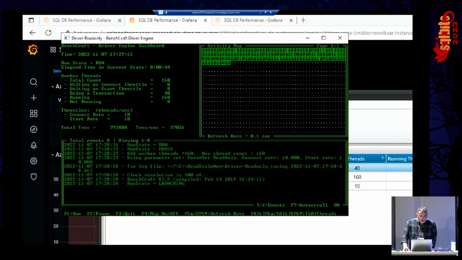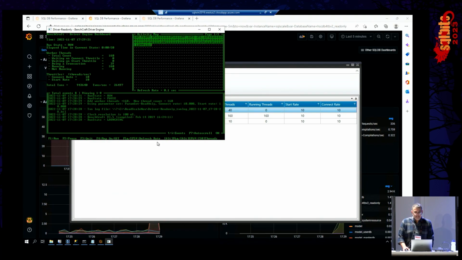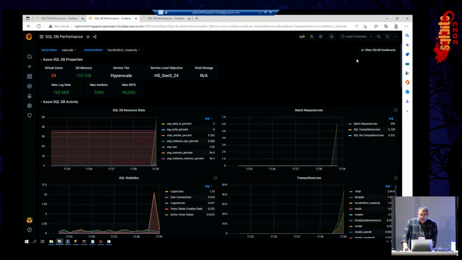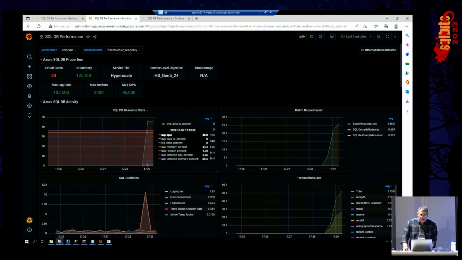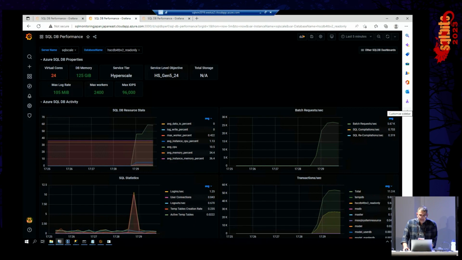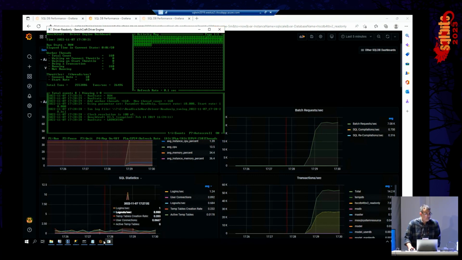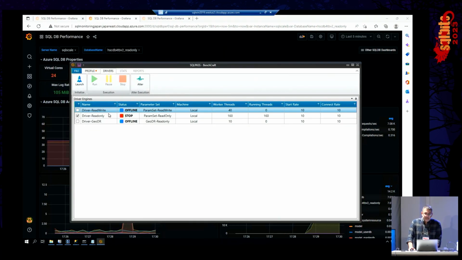I will zoom in, and we can see we are at about 26,000 transactions per second, or 26,000 batch requests per second, on the read workload. This is a dashboard based on Grafana. We'll see CPU is at about 46%, right? And the right side of it is batch requests. Let's refresh and give it a second. We are at 26,000 batch requests per second, which is your requests coming into SQL Server. So we're going to stop this, and now I'm going to introduce the read-write workload on the primary